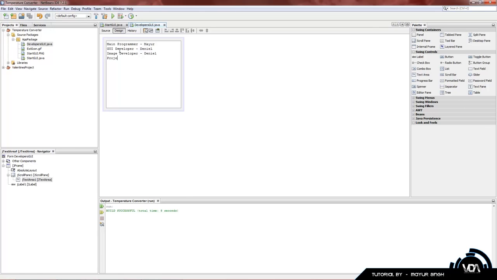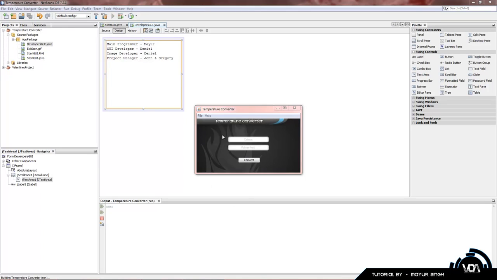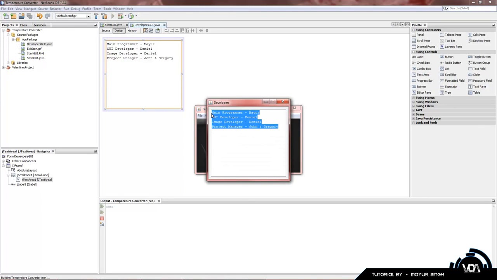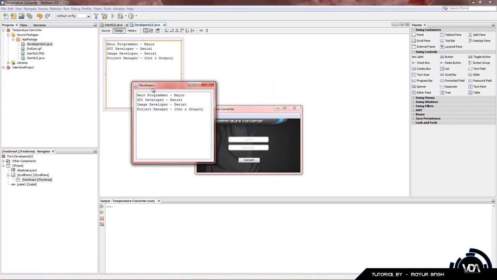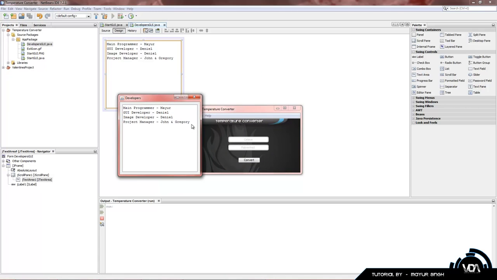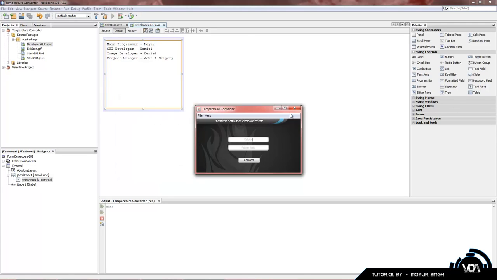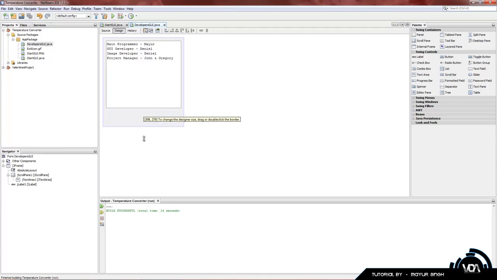And you can obviously add random stuff here, maybe like project manager and put there John and Gregory. Okay, so let's run this program. Go down to developers, and there we go. We have our text right here. And obviously you can develop this with a background and maybe expand this to make this bigger,